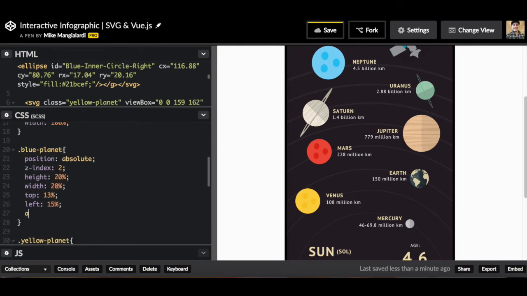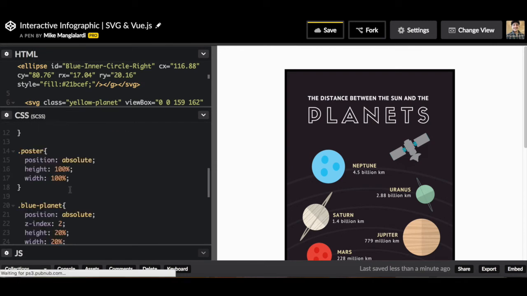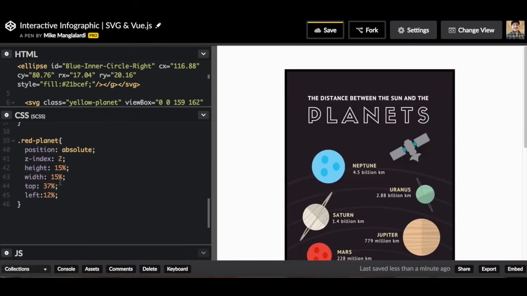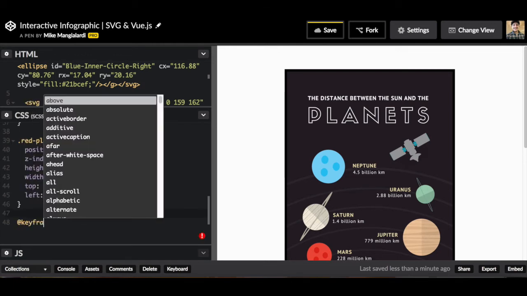So let's do an animation, and we'll call this gravity. And let's say we want this to be 7 seconds long, and we want to repeat infinite. So what we want for this gravity animation, which we now have to define, is we're going to want to spin like any planet that was orbiting, and it's going to last 7 seconds. It's just going to spin in 360 degrees. So we define this as @keyframes gravity,